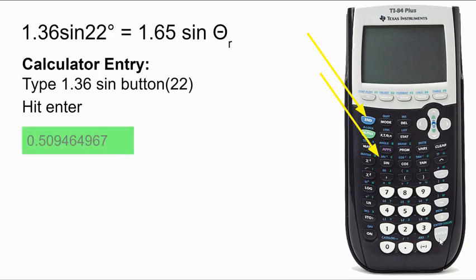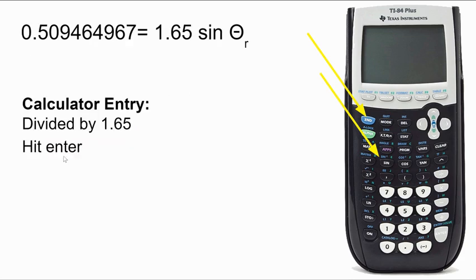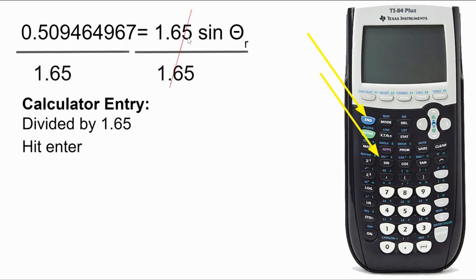And we'll see that the left side of our equation becomes 0.509464967. So we now have resolved the left side of the equation. Now we need to look at the right. And we can see that the right side is 1.65 times the sine of the refracted angle. So we're going to divide both sides by 1.65 so that it cancels out over here. When we do so, we should get